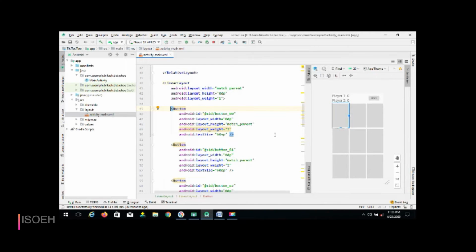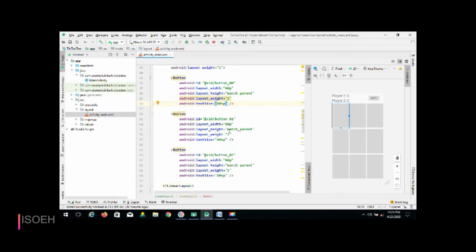After completing height and width, here I choose layout weight, which is 1. You have to choose weight here because I have used 3 buttons one after another. This is why I create the weight property here. And text size is 60 dp for showing large text here.